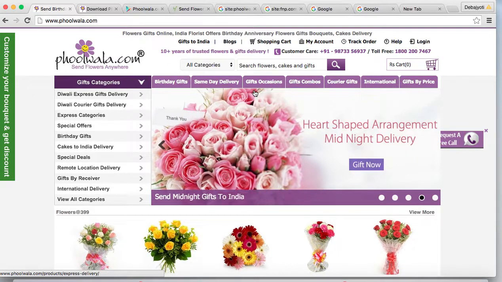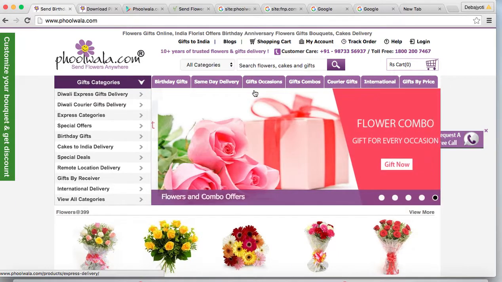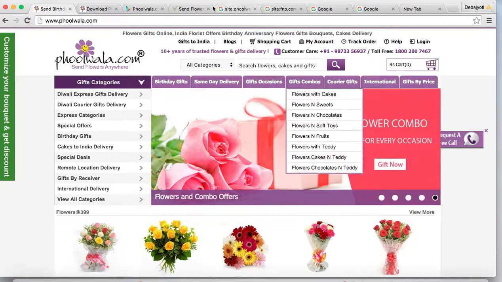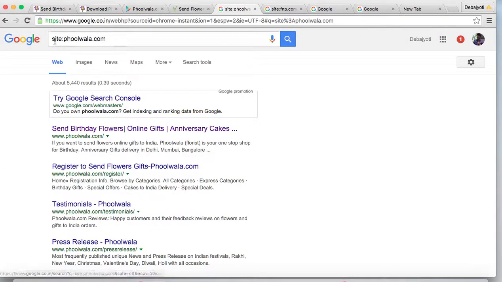And with more keywords, there is a better chance that more and more people will visit your website and you would get more and more traffic. So for example, we see here, if we see site colon foolwala.com,